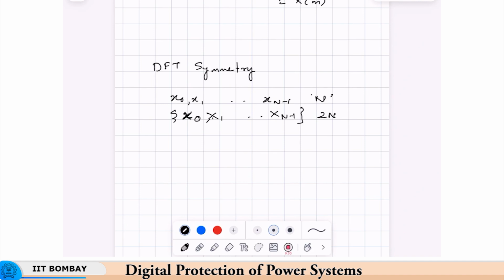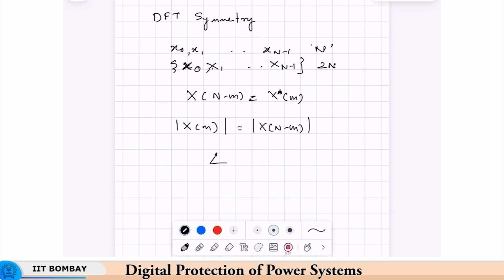Okay. So what we are saying is x of n minus m is the complex conjugate of x of m, which means that you have symmetry in magnitude and anti-symmetry in the angles, or rather the other way around. So, what this means is,